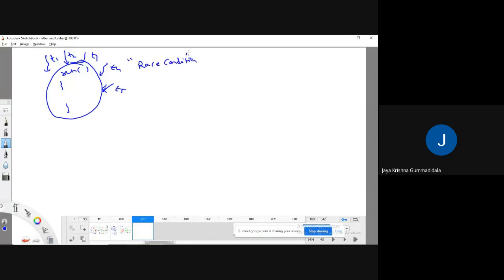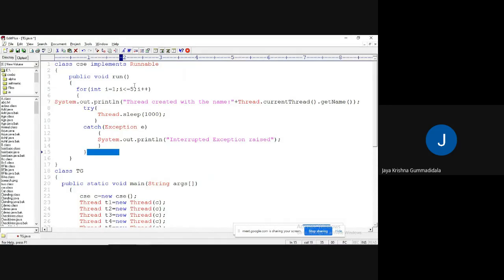So, what do you mean by race condition? Multiple threads are trying to compete to access the critical section. What do you mean by critical section? You know already. Critical section means it's a common resource which should be accessible by everyone. So as all of the threads are trying to access the critical section in parallel, you may get zigzag output. Why? Because thread 1 is accessing something and thread 2 is accessing something else. Okay, I don't want it like that.